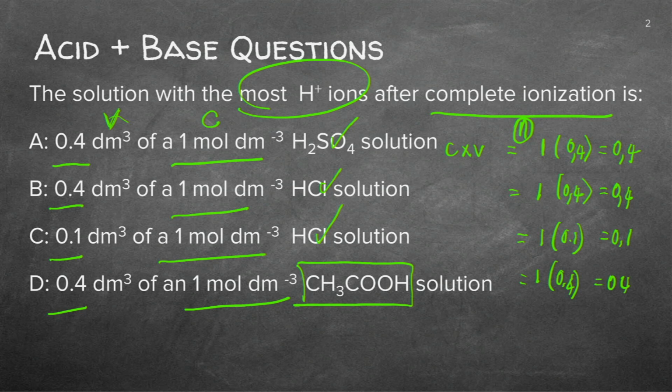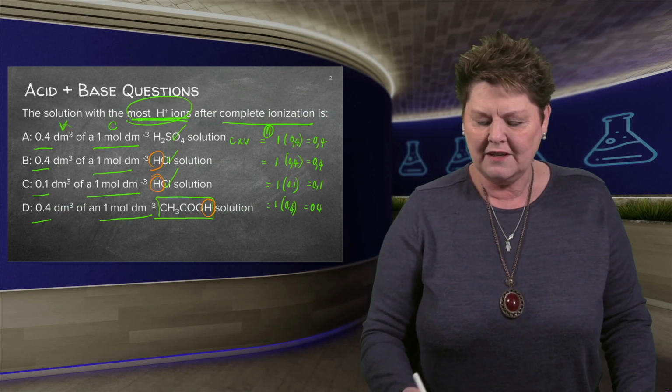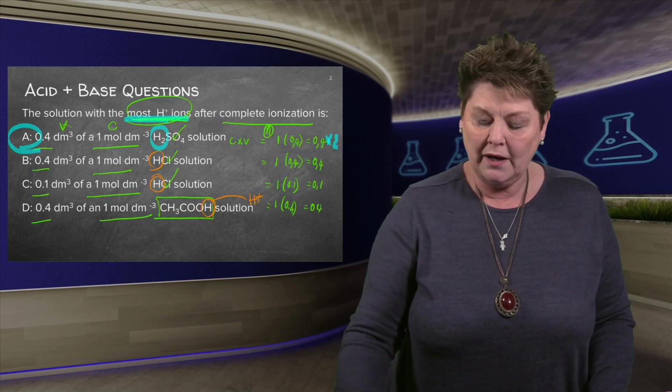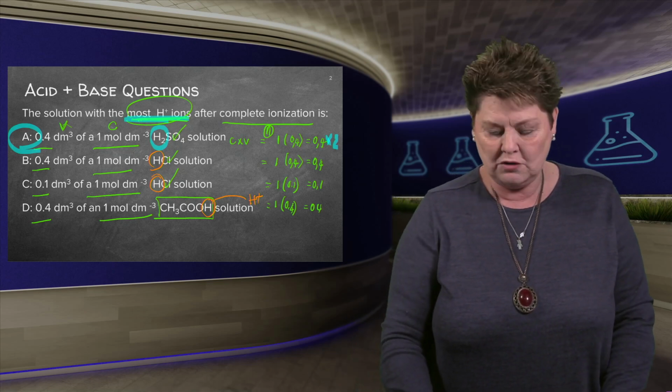So which one of these has the most hydrogen ions? We have to know that in this case, and this case, and this case, we've got a monoprotic acid, so that will be 1 hydrogen. On the other hand, guys, have a look at this. Here I've got 2. Can you see I've got to multiply this with the 2, so that I get the answer that the first one, A, will have the most hydrogen ions. So that was an easy one. I went about showing you how to get to the answer.